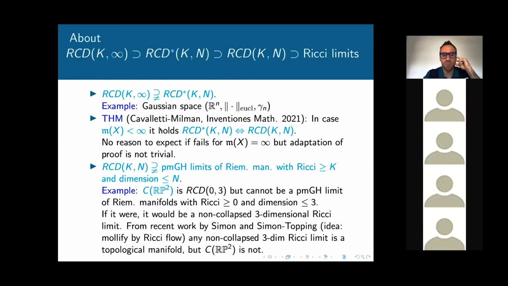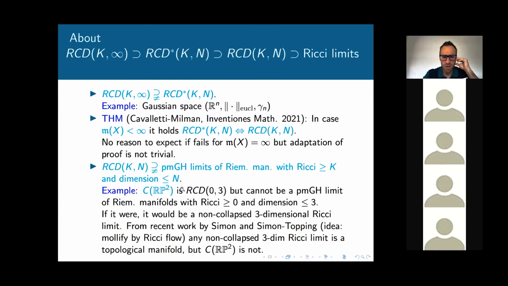The work of Cavalletti and Milman is actually more general, for CD*. What they prove is that in case you are of finite measure and your space is essentially non-branching, which is a key assumption, then the CD* condition is equivalent to CD(K,N). So CD* is equivalent to CD(K,N) if you assume the space to be essentially non-branching, and it is proved for finite measure. We expect it to be true also for infinite measure, but the proof for the moment is not there.